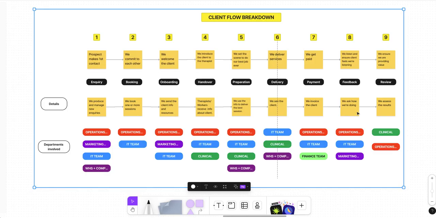Intake form, expression of interest form, however we call it, that is the form that we use to onboard our clients or participants, and that's where we capture all the information that we will need to be able to deliver a successful session. Very important step: the better the onboarding, the better the intake.